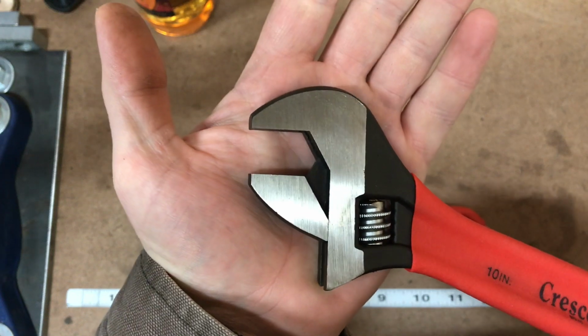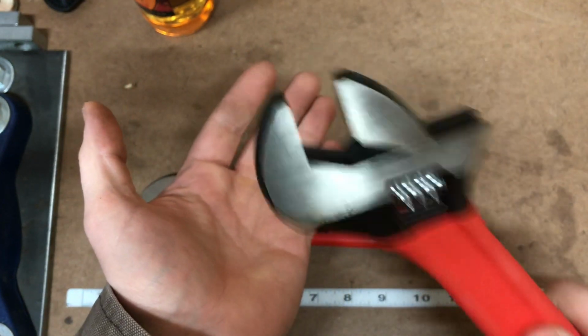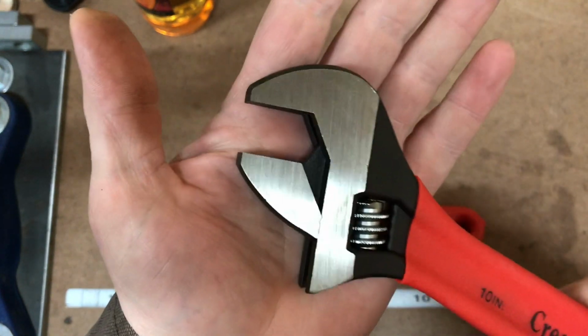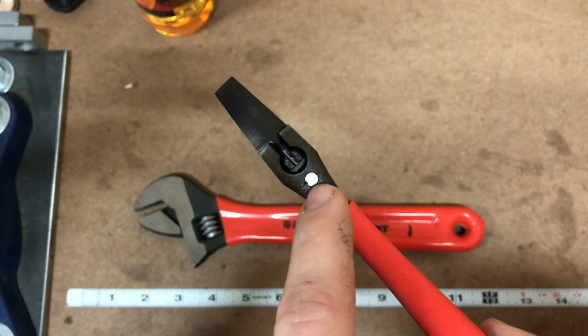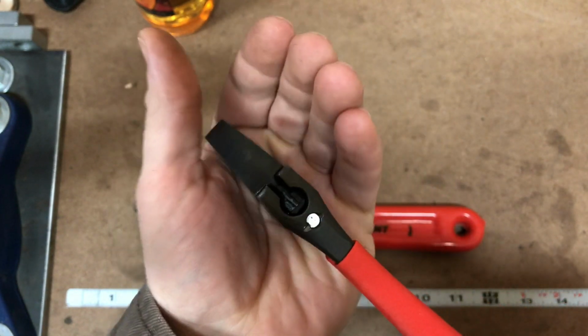As soon as you look at it, you can just tell it's better made. That's all there is to it. Let's do the wobble test. It's a bit tighter than that Chinese one. And let's take a look all the way around it. Now, as you can see, it also has that pin where it does not have the slotted part where you can unscrew it. So that kind of sucks. But other than that,